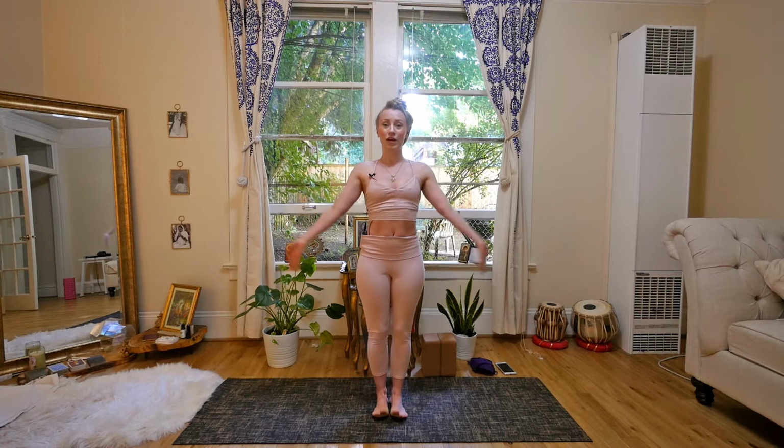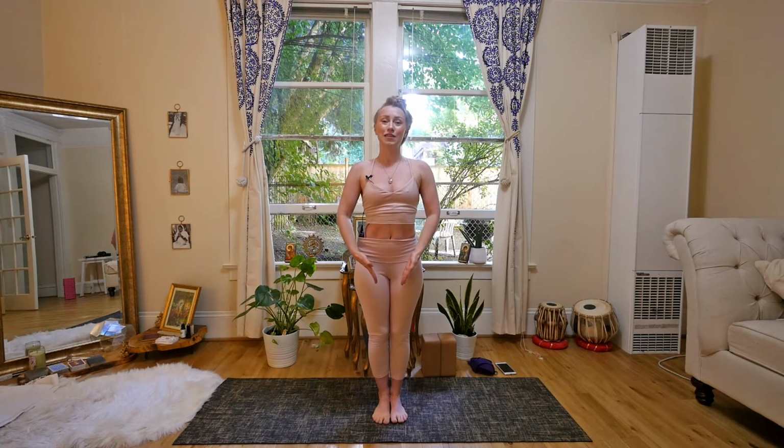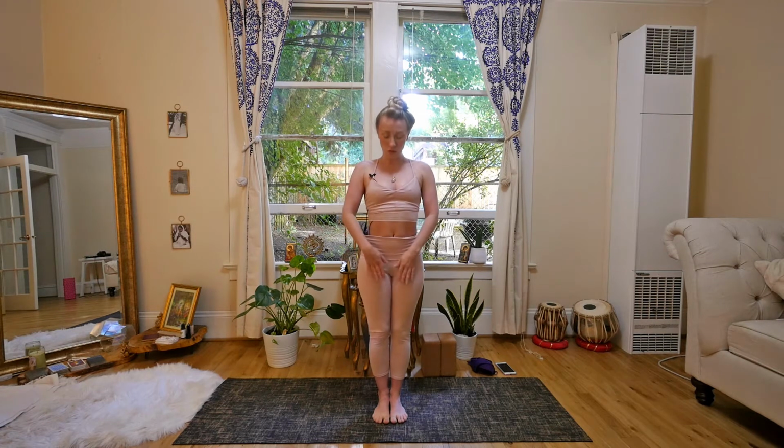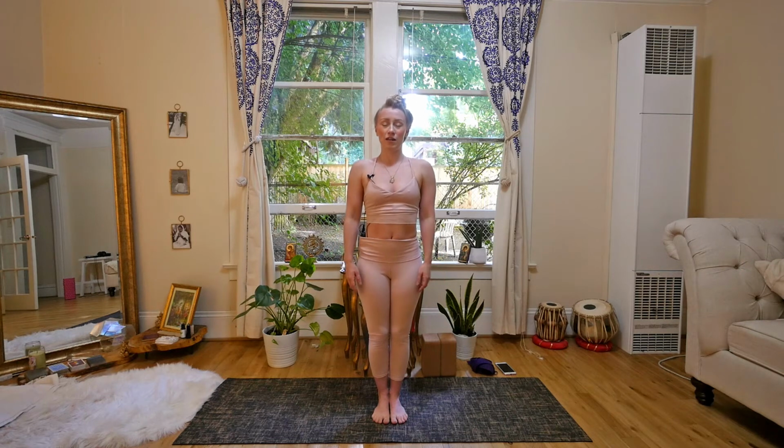Come to the top of your mat with your two padas, your two feet together. So bringing in the two feet together and closing down the eyes, rolling the shoulders a few times, and then finding a moment of stillness with the palms facing forward as if they were in your back pockets,